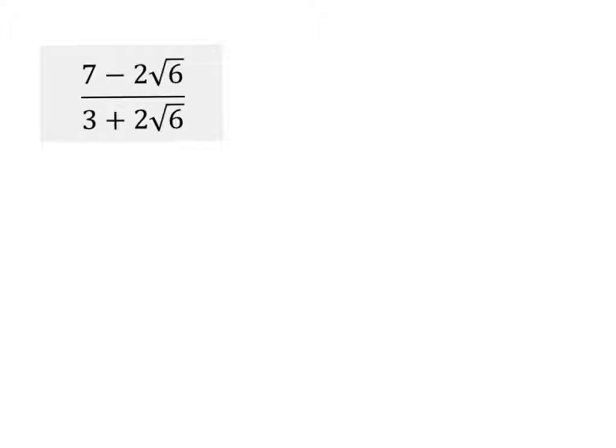To perform the following operation, we're going to begin by rationalizing the denominator, which means we're going to multiply it by 3 minus 2 the square root of 6 on both the numerator and the denominator. And this is going to enable us to get rid of the radical in the denominator. So we're going to begin by multiplying